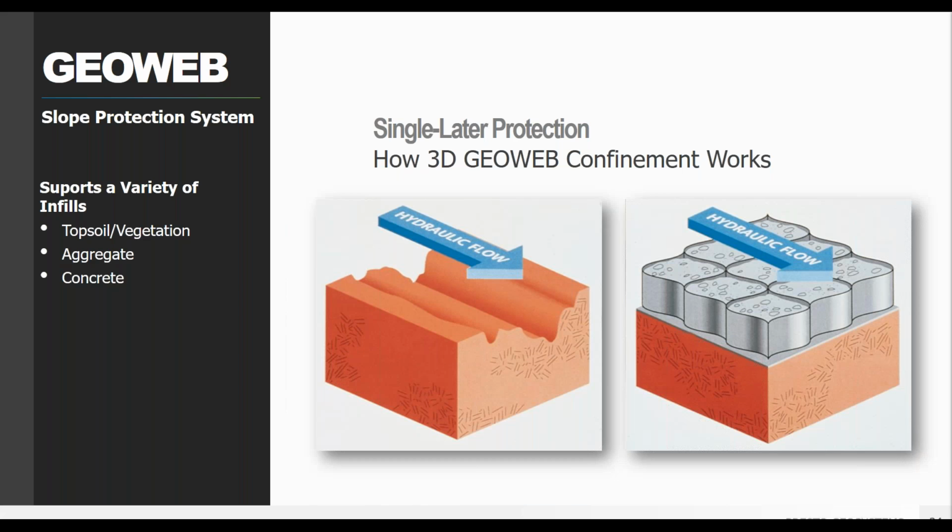So the GeoWeb system works in multiple ways to protect your slope surface, and it prevents significant movement of your soil or your rock by confining it within those GeoWeb cells, each one of those individual cells. And so it's going to resist things like mass movement, where it takes a large section of soil and mobilizes it down the slope. Slumping, which obviously you want to avoid. So that's kind of the biggest thing, is holding everything in place while still allowing for water flow over the top of it.